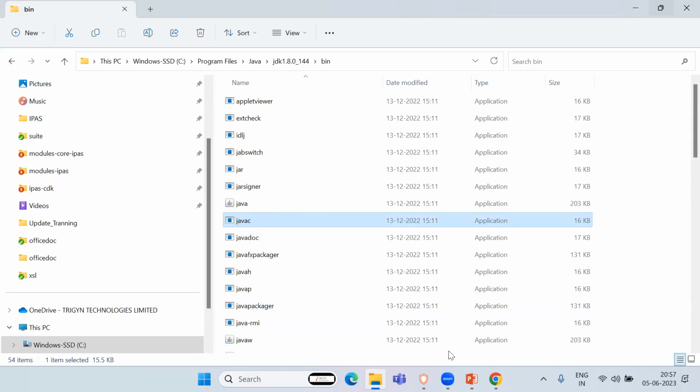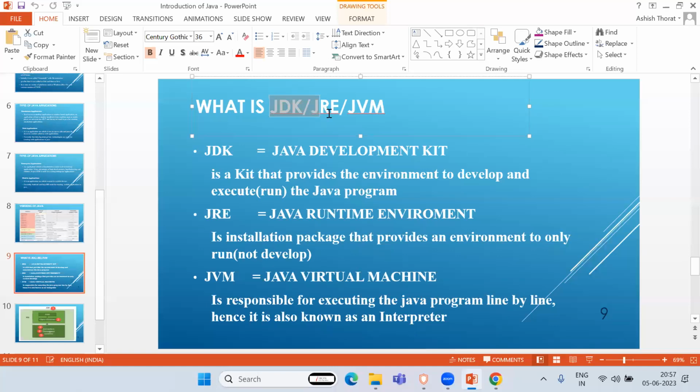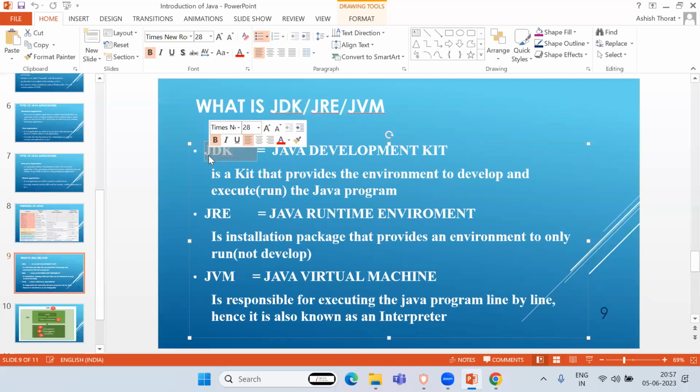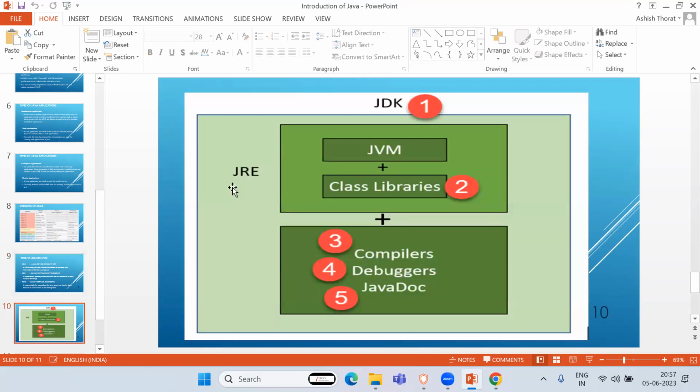Here we use three keywords. One is called JDK, Java Development Kit, which provides the environment to develop and execute the Java program. Then we have JRE, an installation package that provides the environment to run your program. Compilation of a program is different, and running of a program is different. Both are different things. From this diagram, you will understand the complete idea of these three keywords. So when I say JDK,